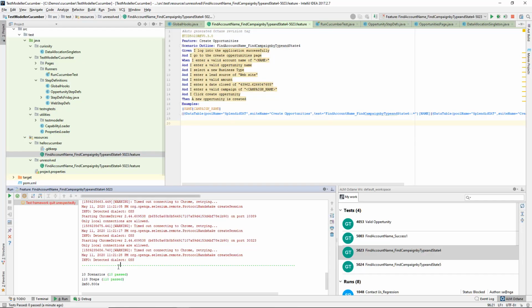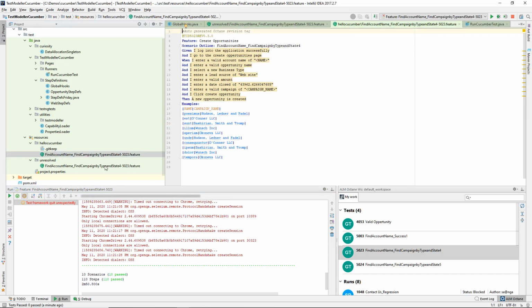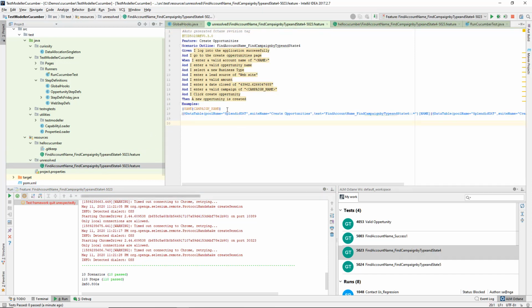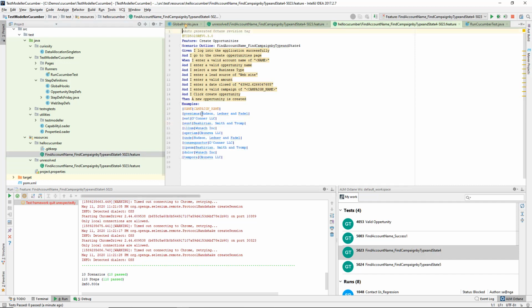Now our automation's finished running, and we'll see of our 10 scenarios here, all 10 of them passed. And what we'll also see is in our resolve folder here we have a resolved feature file. Now what's happened is before execution, the framework has picked up this unresolved feature. It's taken these tags and it's dynamically resolved them with the appropriate test data, in this case for our account names and our campaign names here. And we'll see here the resolved values that have been copied down into our examples table, into our scenario outline, and these were what we used to execute our test